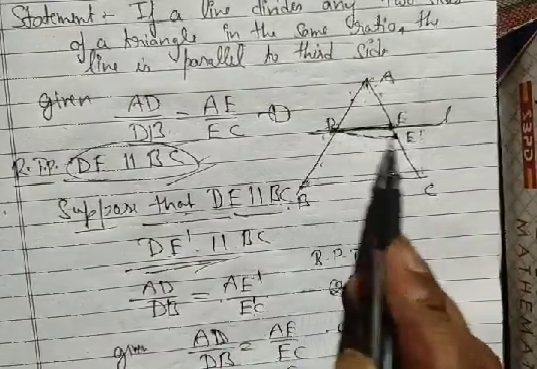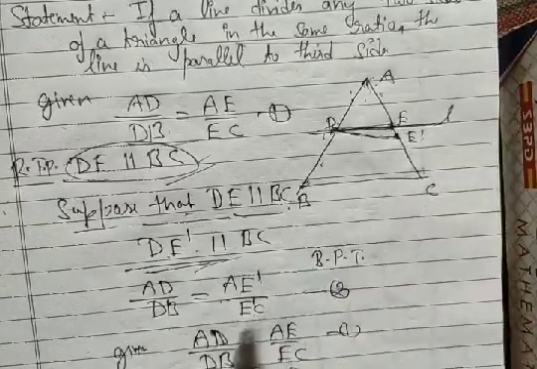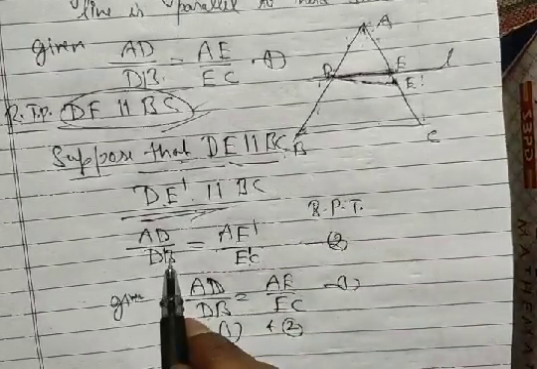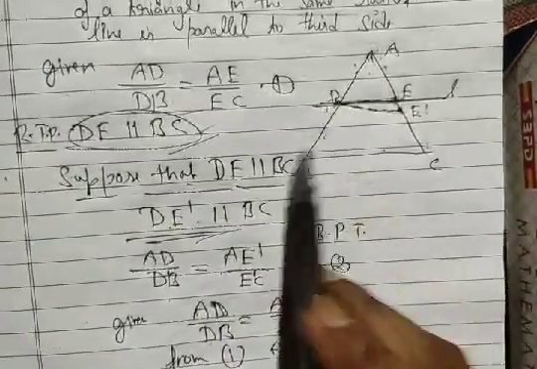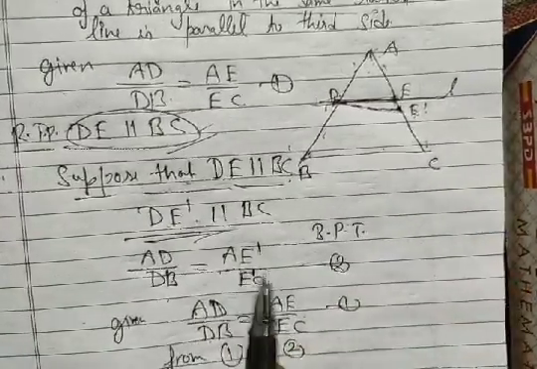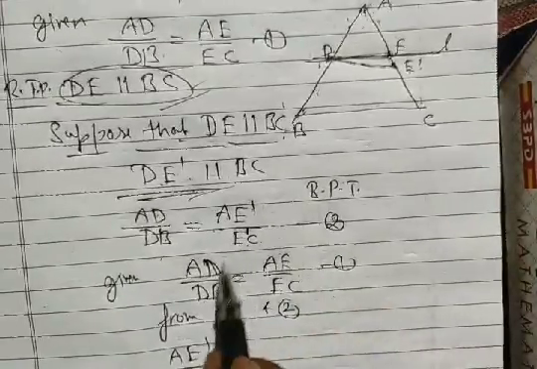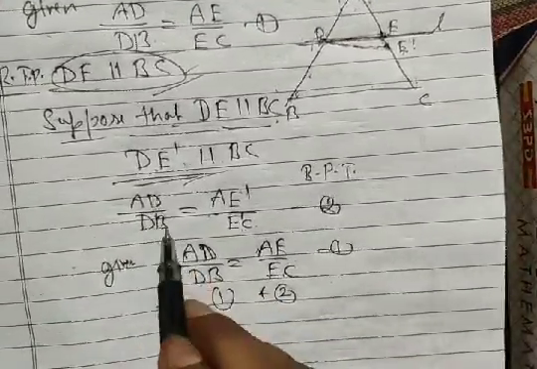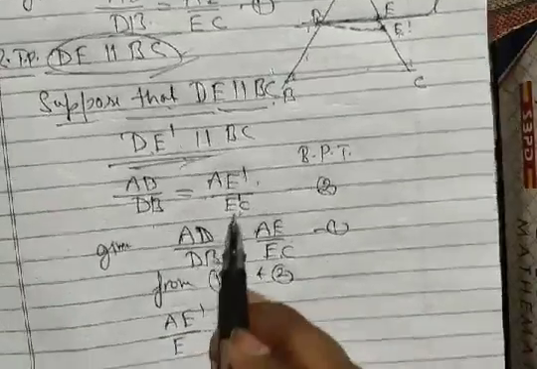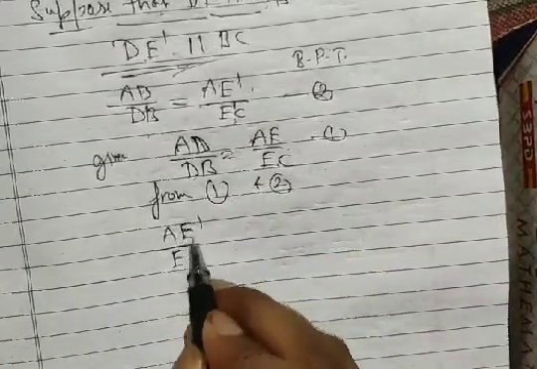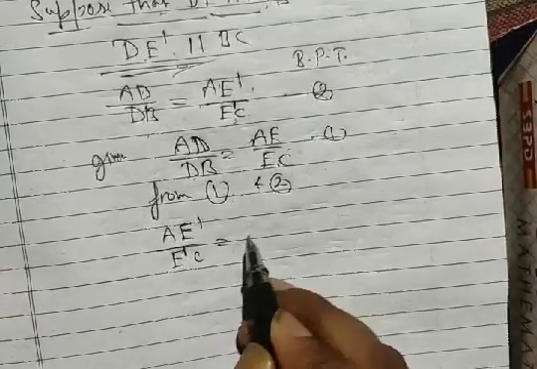If DE prime is parallel to BC, then by the basic proportionality theorem, what do we have? AD upon DB is equal to AE prime upon E prime C. Now we have AD by DB equal to AE by EC, and AD by DB equal to AE prime by E prime C. Then from 1 and 2 we have AE prime by E prime C is equal to